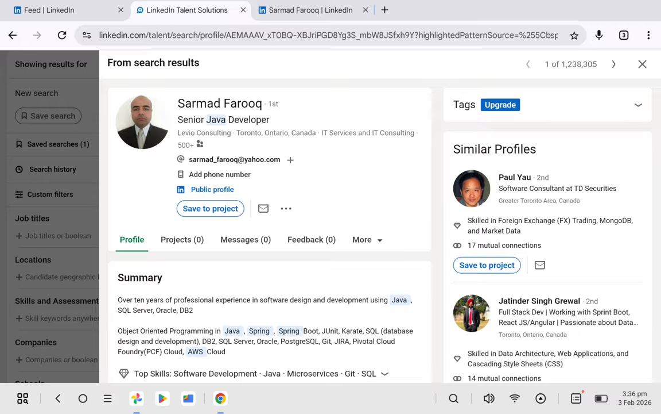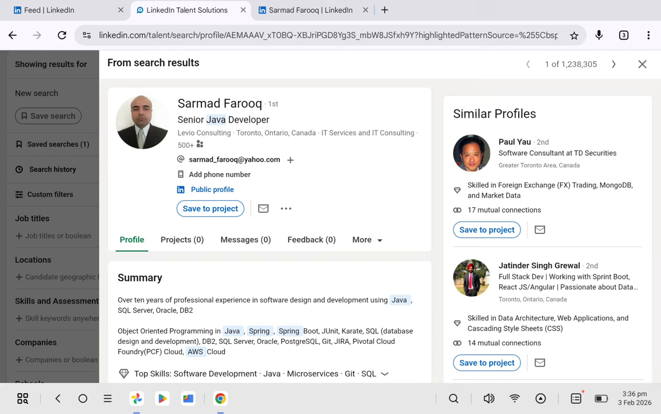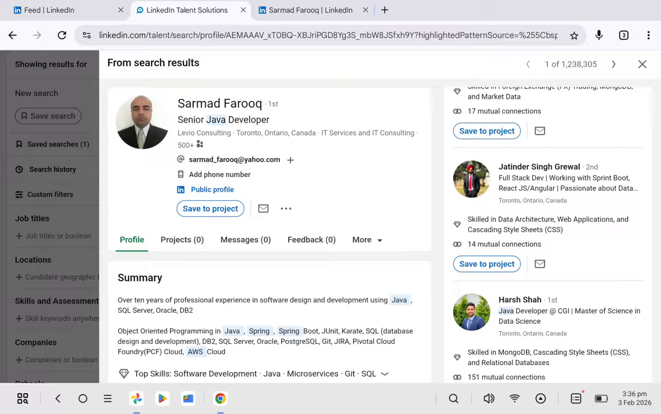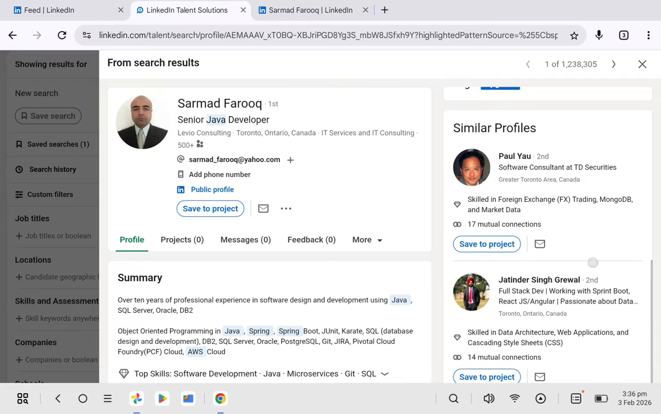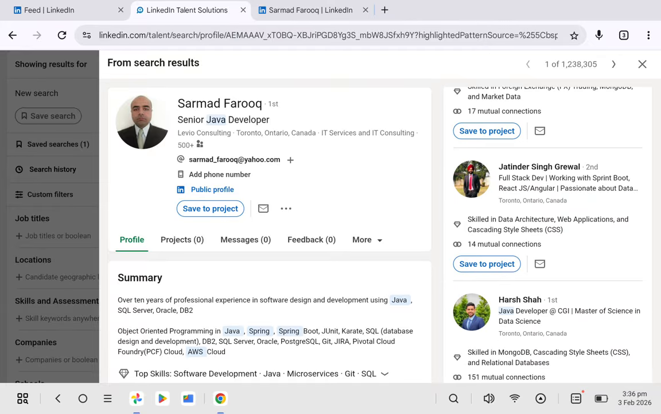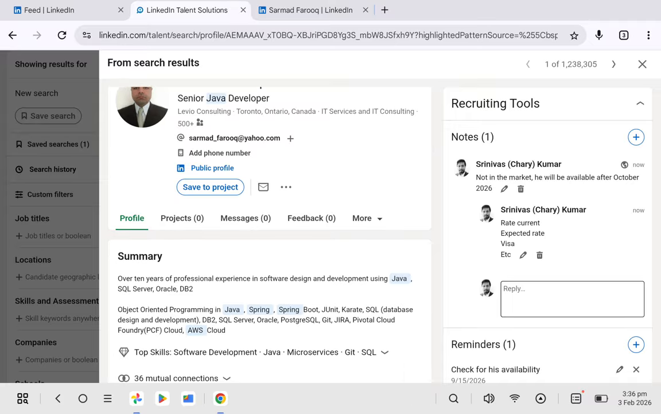And if you want to see similar profiles to Sarman Farooq, here it will also show some similar profiles, like Harsh Shah, Java developer. He's also a Java developer, full stack developer, and also a software consultant with Java skills. So this is how, if you want to save to project,